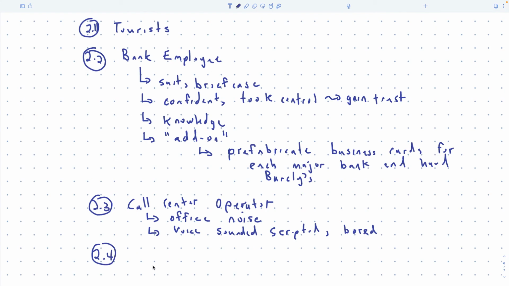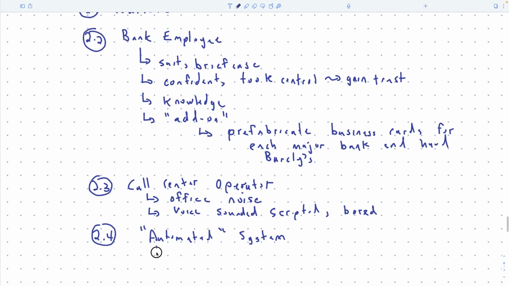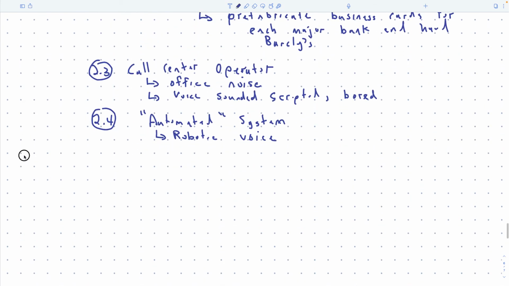And then the automated system, which wasn't actually real, had that sort of Siri voice, robot voice, and so it maybe seemed legitimate. Okay? So these are all small details that go into the pretext. And the better you can pull off the pretext, obviously, the more chance an attack will be successful.